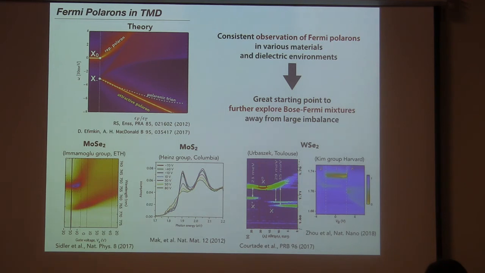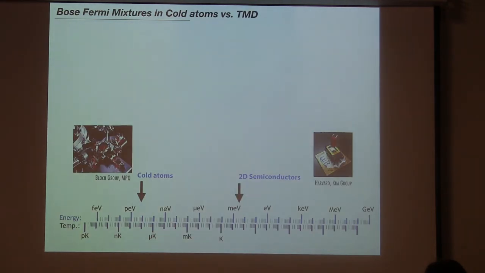And this is actually a nice starting point, so it was observed in different dielectric environments, different materials, and it's a good starting point to studying now boson Fermi mixtures. That's the most simple boson Fermi mixtures you can build, just a single boson and a Fermi gas, but now one can actually go on to more complicated settings. And the one thing with which I want to stop is maybe to have a little bit of ideas of the scales in the problem. So in cold atoms we are here at low temperatures, in semiconductors, where room temperature would be somewhere here, but we are at actually rather high temperatures.